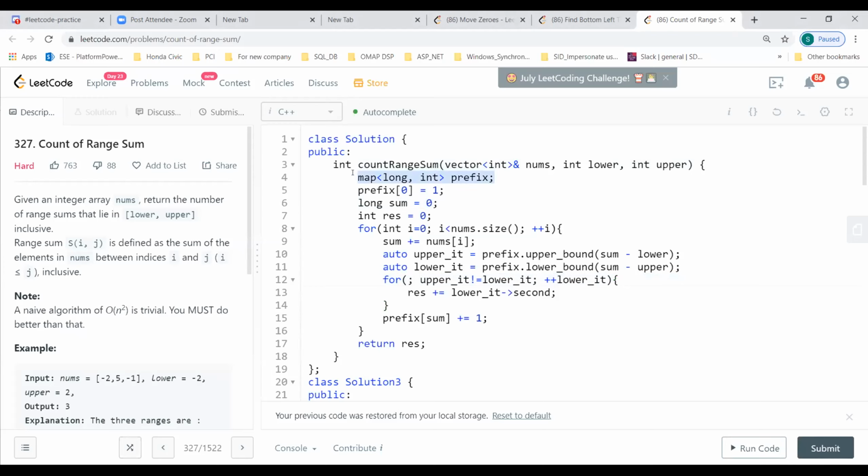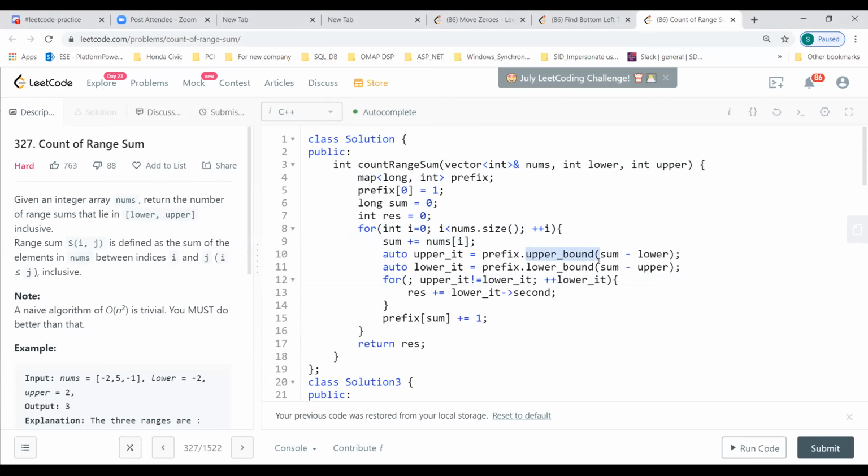So this one, we have a map for this prefix sum. You are going in a for loop for each and every index. And here the sum is doing a prefix sum, but not completely, it's doing it element by element. And then it's trying to find in this map the upper bound.